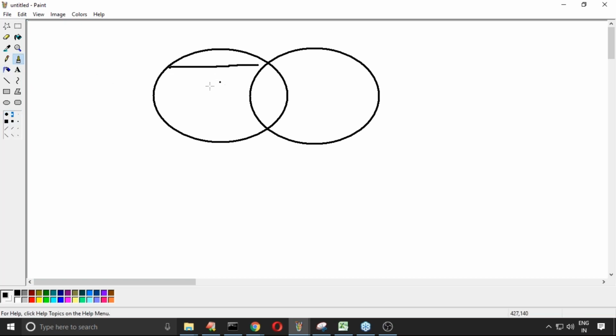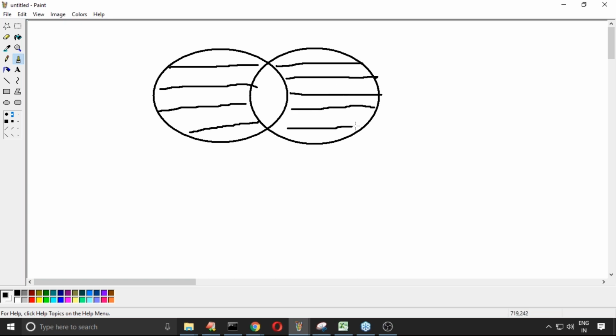It's very simple. If it belongs to the first one, then it does not belong to the second one. If it belongs to the second one, then it does not belong to the first one. So it should be either the first one or the second one, but not both. At our childhood, somewhere we may have heard about this type of Venn diagram, right?